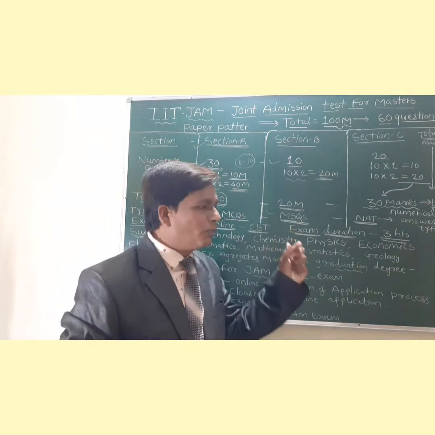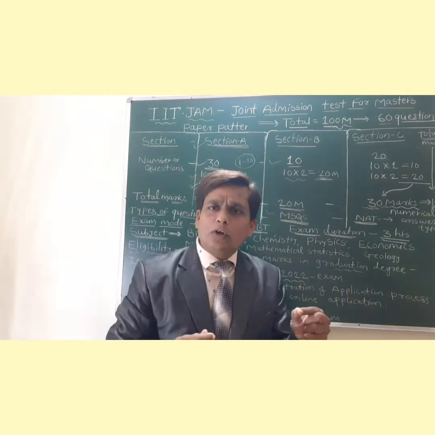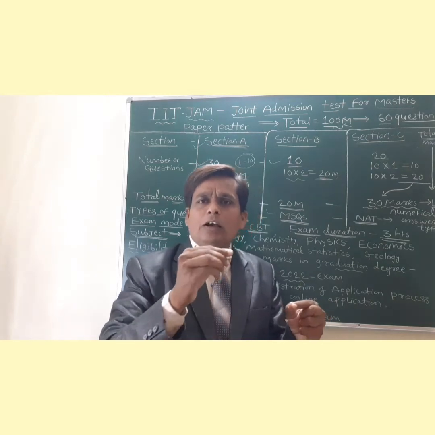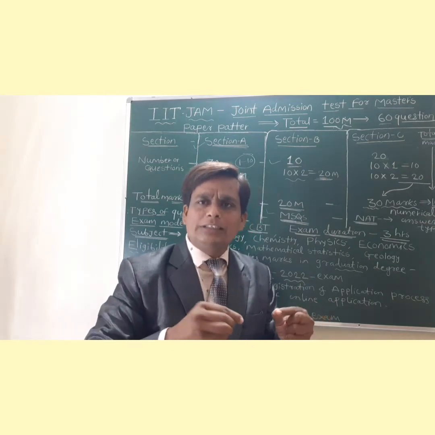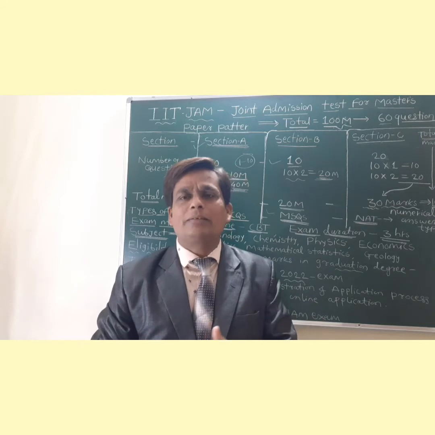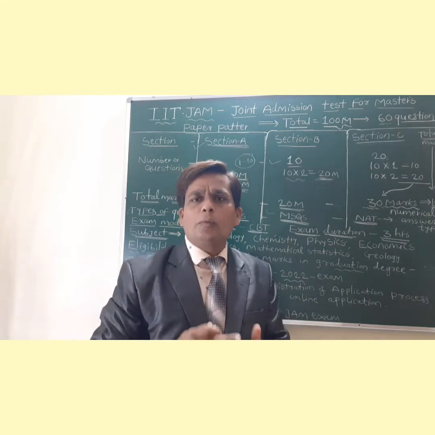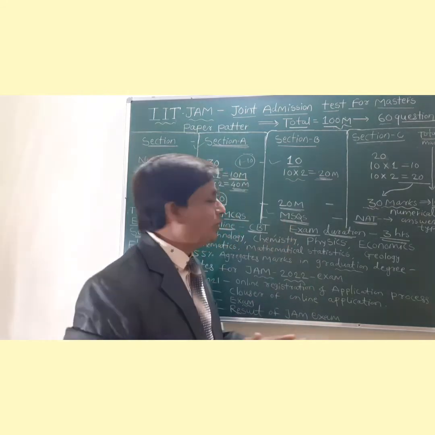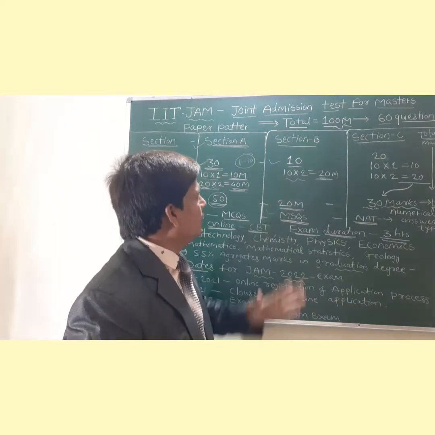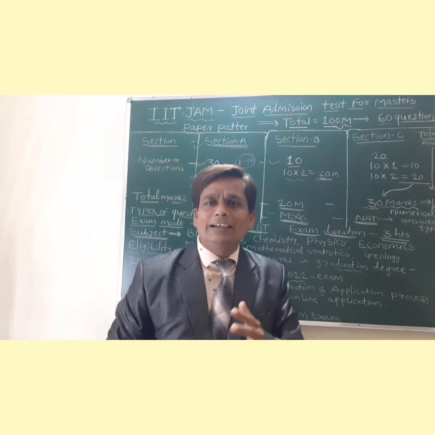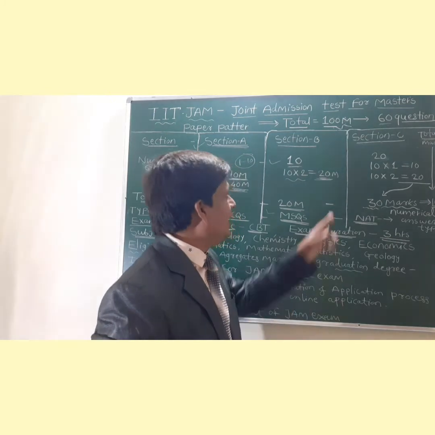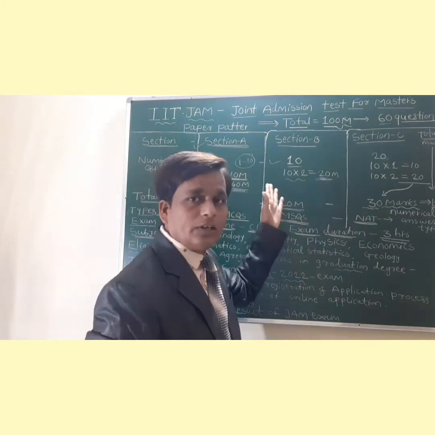That means suppose question 1 is there and they are given the 4 options. In those 4 options, A is also correct, sometimes option C is also correct, and sometimes option D is also correct. Meaning more than 2 options can be correct. That is an MSQ. Now clear everybody? So total 10 questions and each question carries 2 marks. So get it clear, and a total of 20 marks is there in section B.